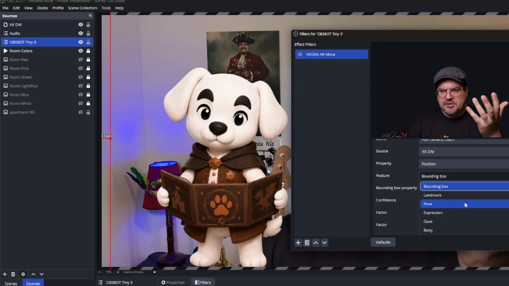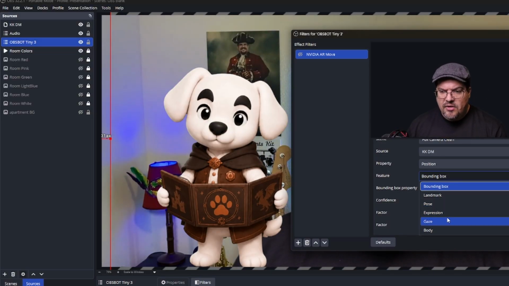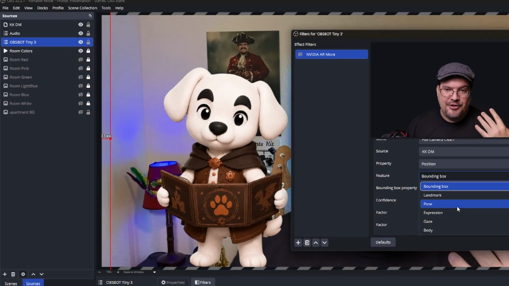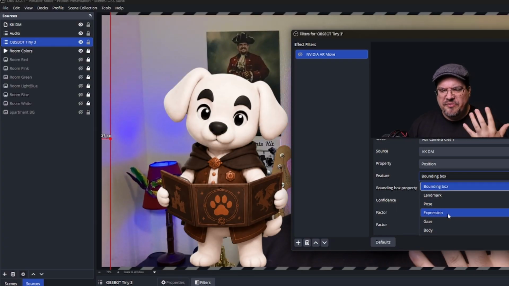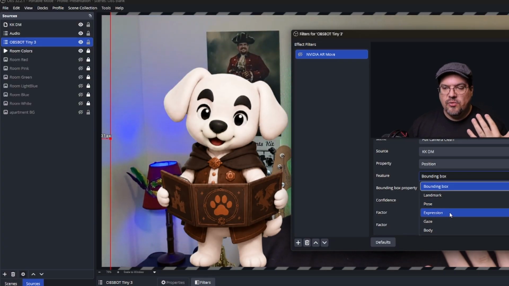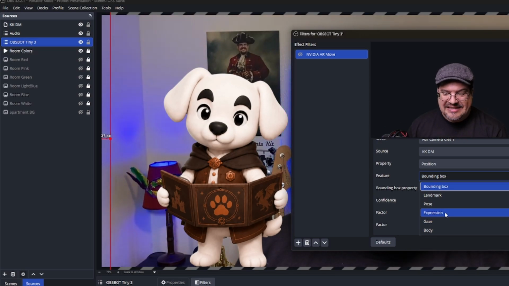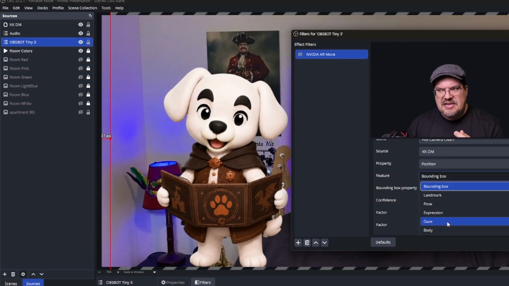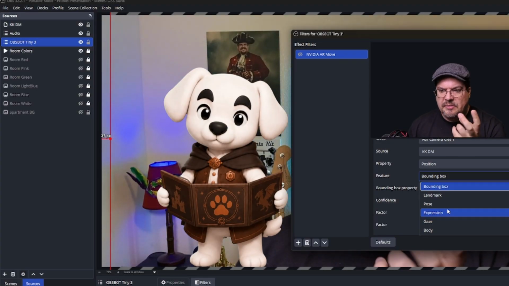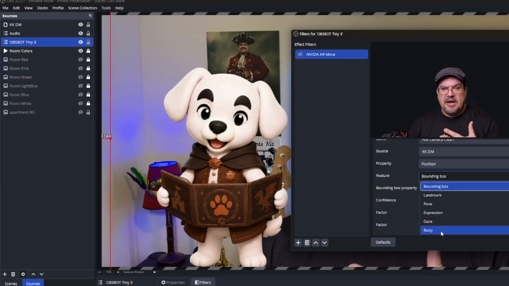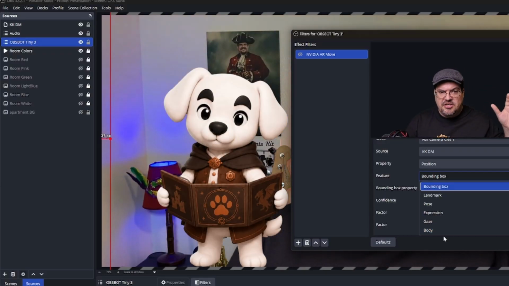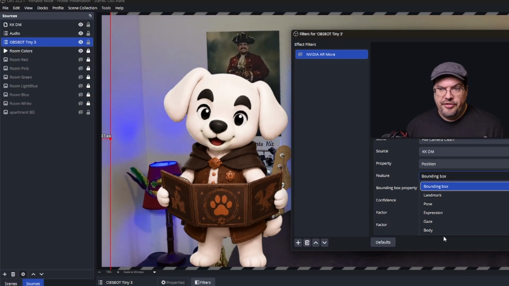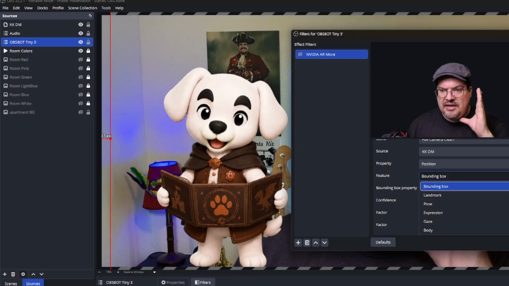Pose is your relationship in 3D space. We're not going to use that right now. Expression would be literally the expressions that you can use with your face, like the movement of your eyes and your mouth, and closing one eye and things like that. There's a bunch of expressions listed in the documentation for NVIDIA AR, right? Gaze literally tracks your eye movement. It's a little creepy, but there it is. And then body is like your full body. If you wanted to have your PNGTuber track your position on the screen, you could do that as well. All right, we're going to use bounding box though, just so that it tracks the movement of